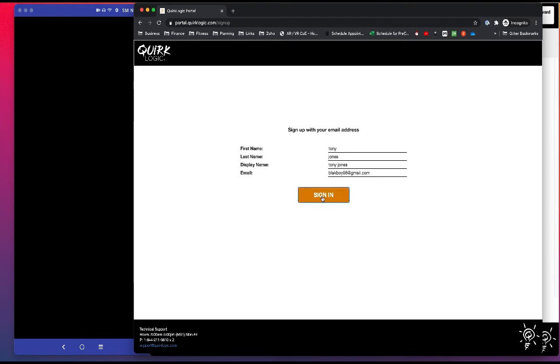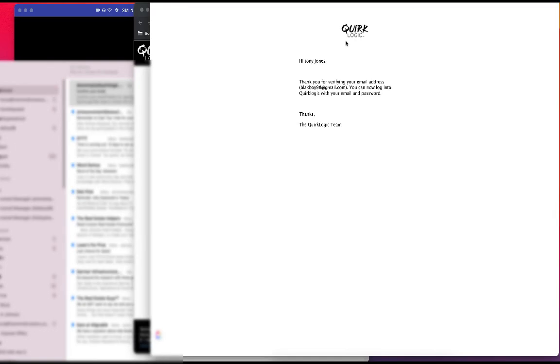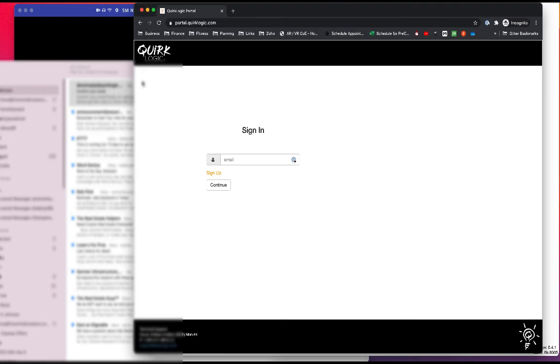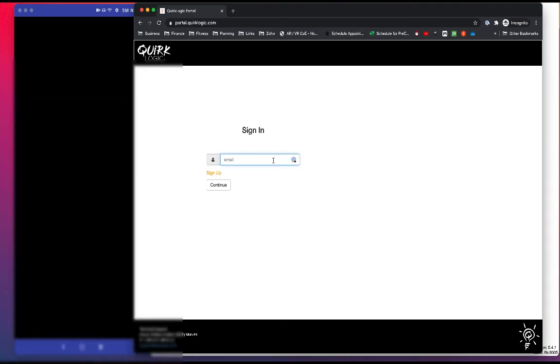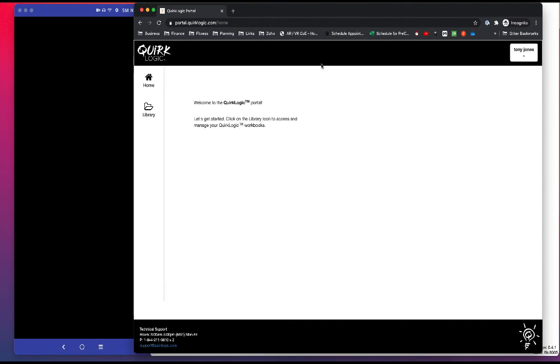So I'll go ahead and check my email right now. And in the email, it tells you that you're going to have to go ahead and confirm this. So I'll go ahead and confirm the email. It says thank you for confirming. You go ahead and get out of there. And then I'll go ahead and sign in with my new account. All right, so now that I have a new account here, I want to show the sharing of a workbook